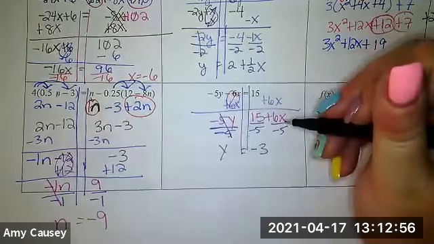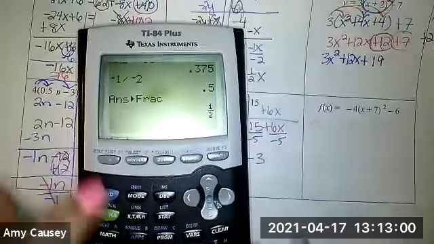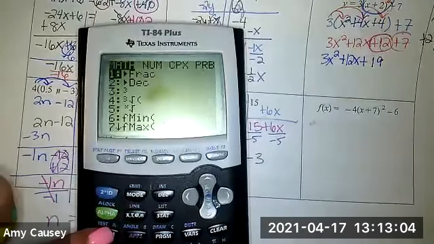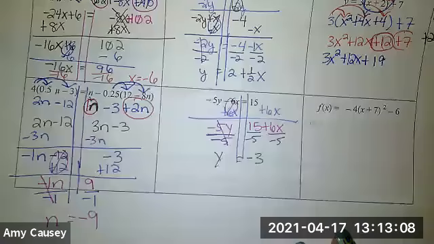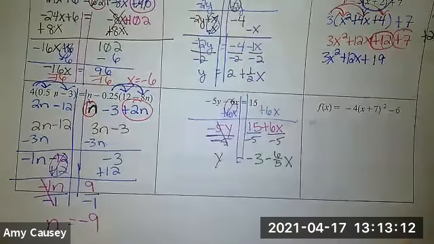We can type 6 divided by negative 5 into our calculator. And then just don't forget to math frac it. So math, which is under the green button, frac. And you get negative 6 over 5. Has an x, but negative 6 over